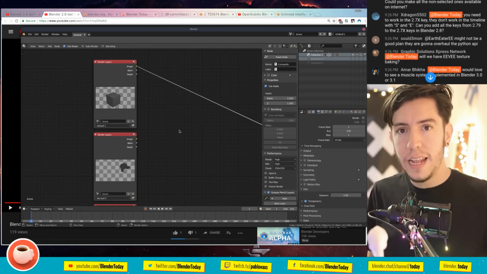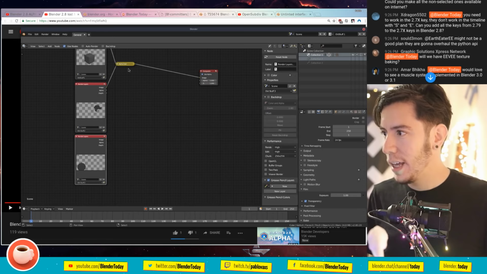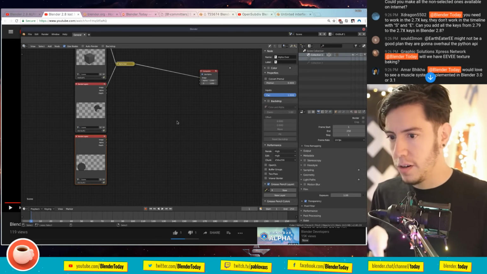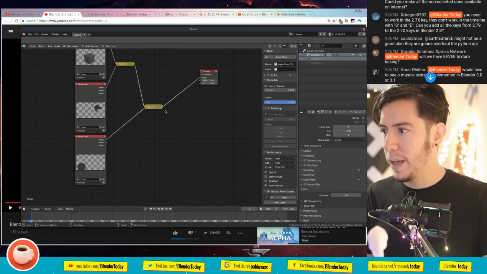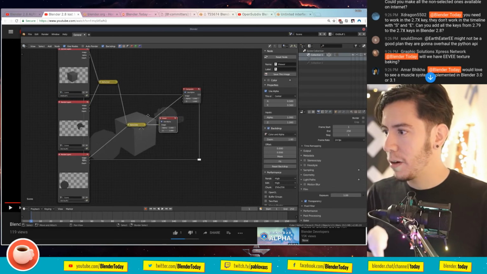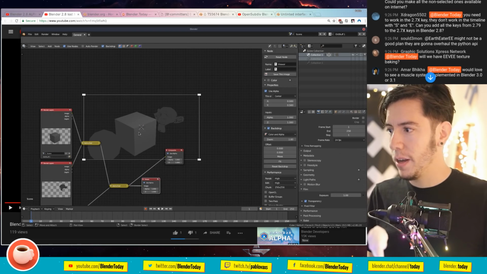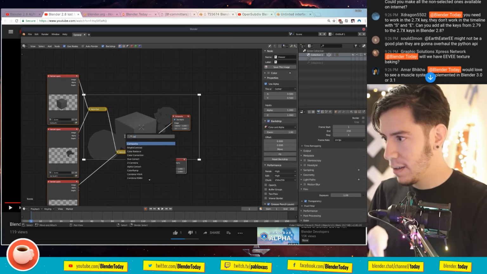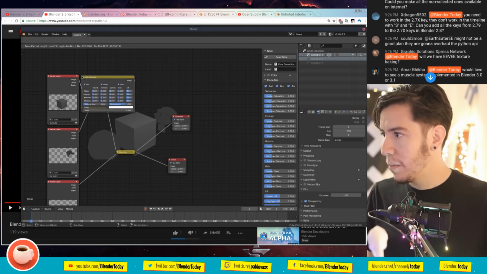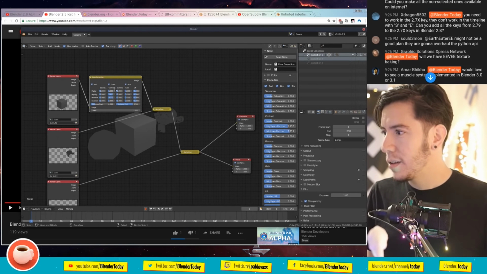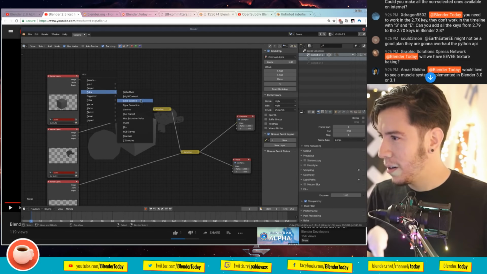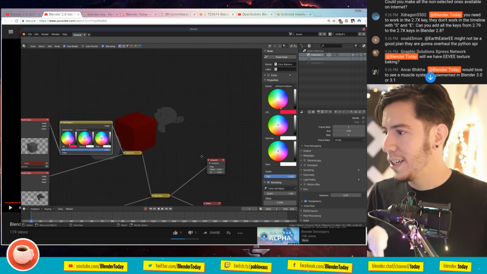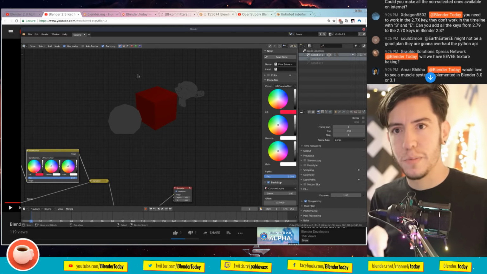If you have the awesome Node Wrangler, you can do just Ctrl-0 and it will make an alpha over. And then you select the nodes that you want and you do Ctrl-Alt-0 and it will make it. And if we use the backdrop, there we have all the 3 objects. So you can add, for example, a color correction somewhere here, and change, no, the other one, the color balance, and change the settings per object.